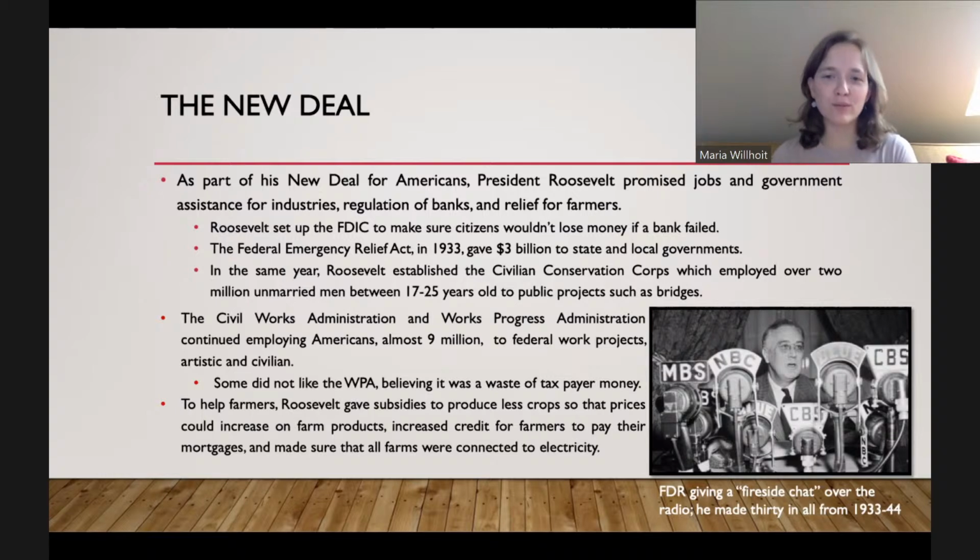So Franklin Roosevelt is the president who takes over basically at the height of the Great Depression. And one of the reasons why he is elected is because he's very optimistic. He's not, I would say, totally idealistic. His head isn't in the clouds somewhere, but he is a very optimistic person. He wants to get America out of the depression. He believes that the government has a responsibility to its citizens to get itself out of the depression, which was a very big shift in policy for a president.